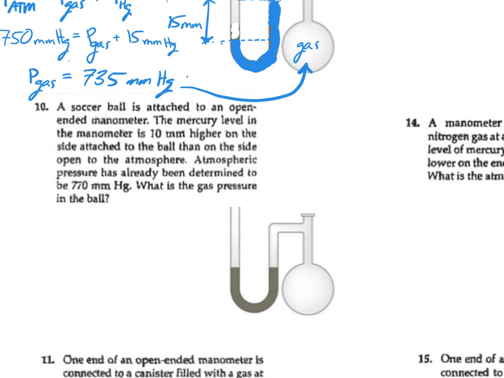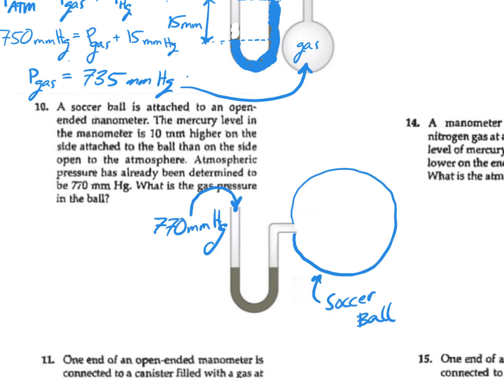I'm going to redraw this little diagram to reflect what we're seeing in this problem. All right, so far this is what I've drawn. I erased the glass container and I redrew a soccer ball. It looks just like a soccer ball, and it's connected to the manometer, this U-tube. The U-tube is open. Before I draw anything here, I want you to notice